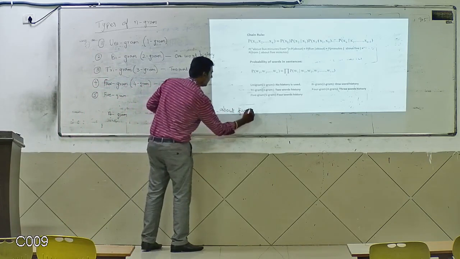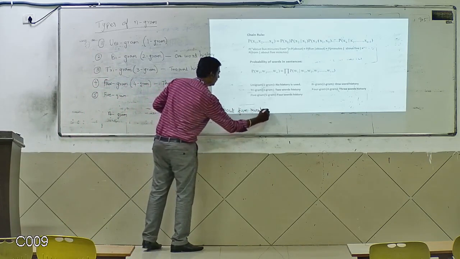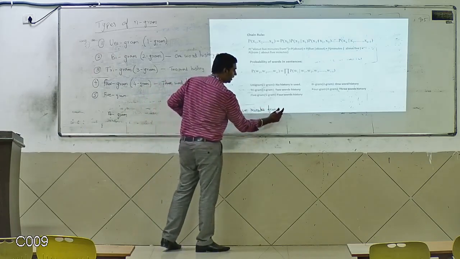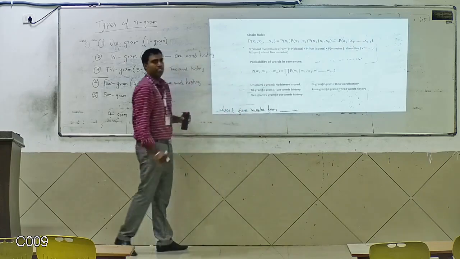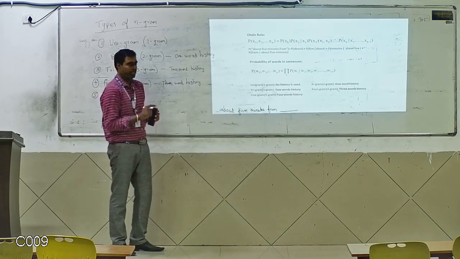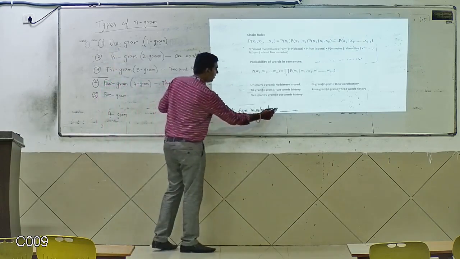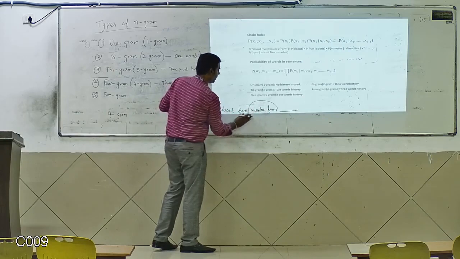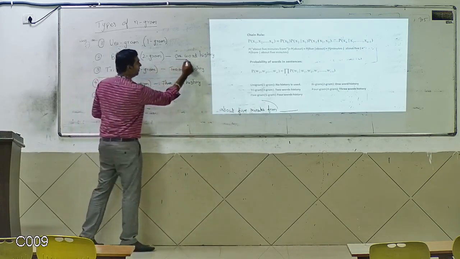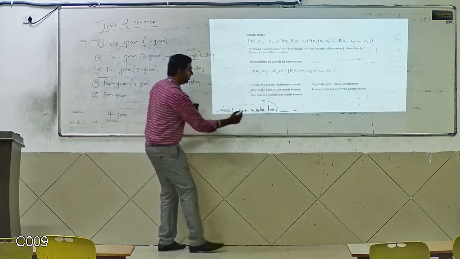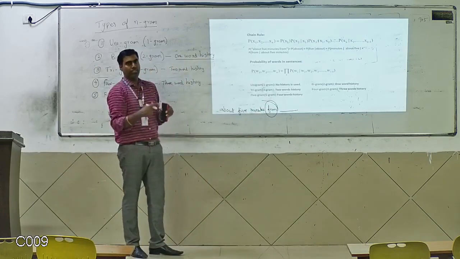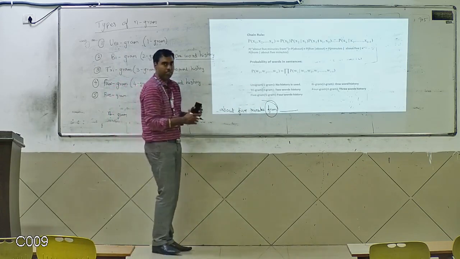So about 5 minutes from... I have to find out what word will occur in this particular place using bigram. So how will bigram work? It will take the previous single word. For bigram, it is a one-word history. So it will take the previous word, and it will check in the corpus. So in the corpus, after